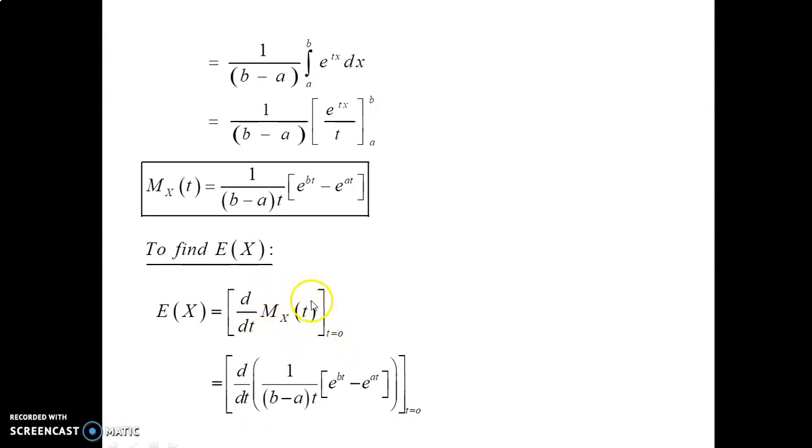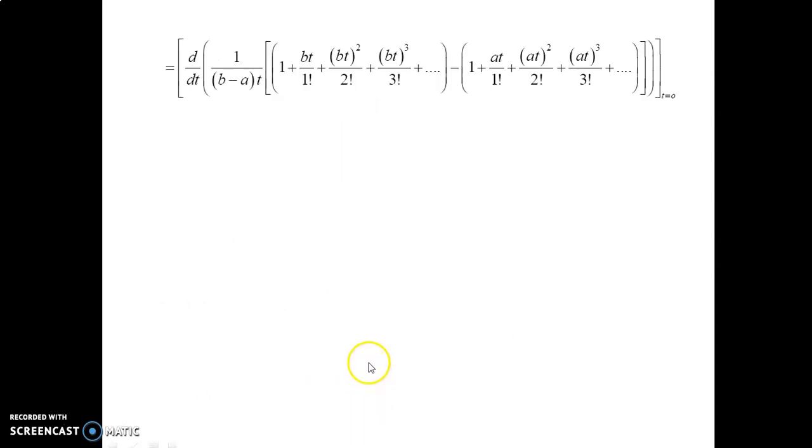Now substitute this value of M_X(t) in this, we get d/dt of 1/((b−a)t) times (b e^(bt) − e^(at)) at t = 0. Now the exponential series is expanded. We get e^(bt) expanded, and minus e^(at) expanded, so the series is d/dt of 1/((b−a)t) times